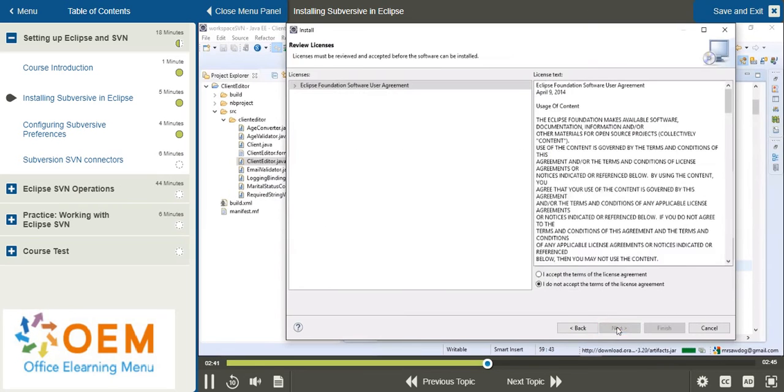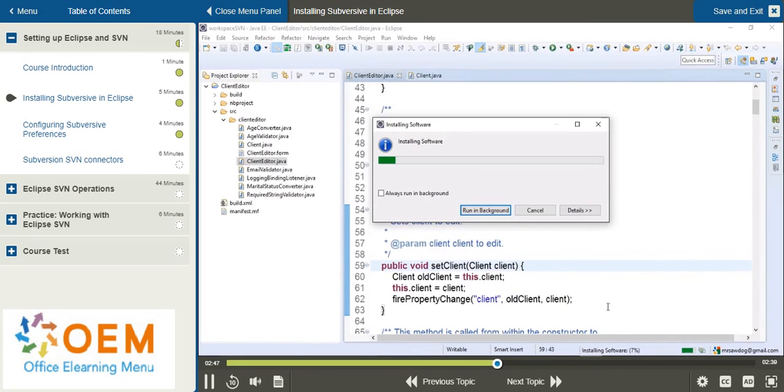And then we can click Next. And we'll agree to the software user agreement here. And this should just take a moment to install. Now, if this is going to take a long time, we can always choose